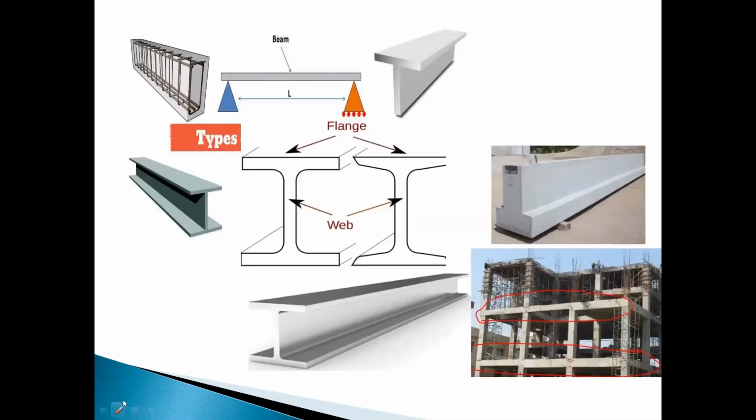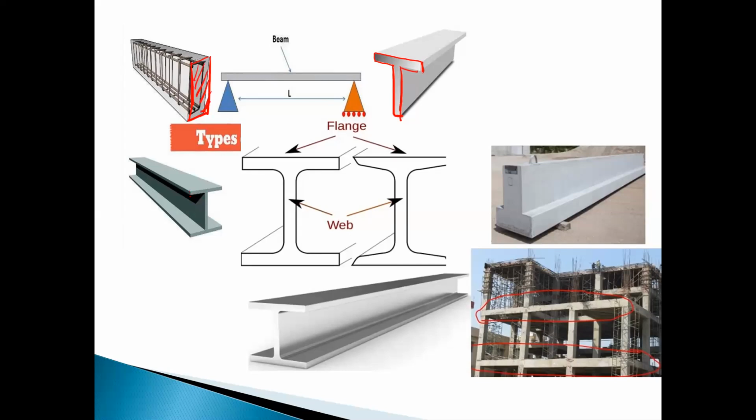So the next application is the design of the beams used in the machines or used in the construction of the buildings. So you must have seen such type of beams in the construction of the bridges or the buildings. So these beams are having different cross sections. So this is called a T beam, so it is having the cross section T. Then this is the rectangular beam, which is a common beam used in the construction of the buildings. It is having the rectangular cross section.